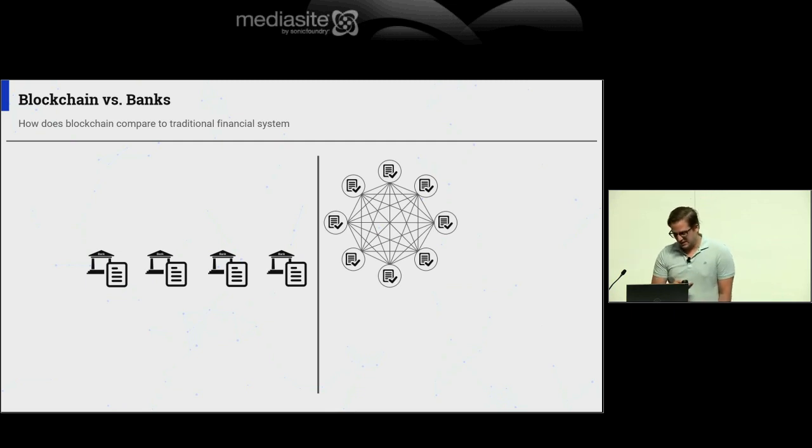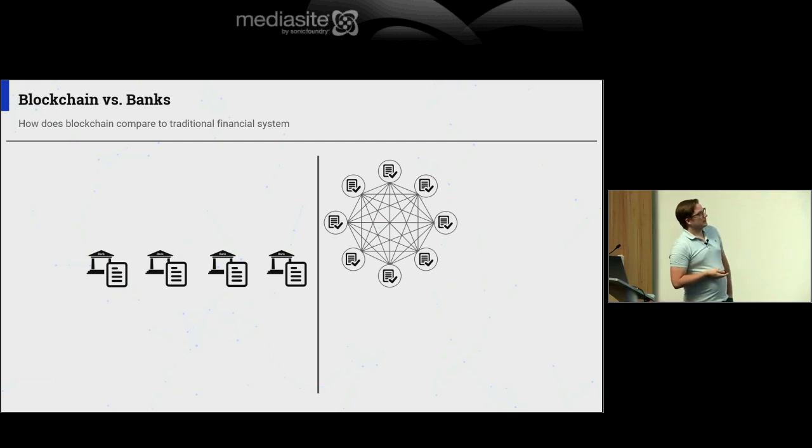But let's look at banks versus blockchain. Blockchain is a shared, peer-to-peer digital ledger where we have nodes, and those nodes can check the ledger against a consensus mechanism. In the traditional banking system, we have institutions that have siloed databases that hold credits and debits and accounts. 95% of money today is represented digitally. It's not in any sort of physical form, such as cash. So these two things are pretty analogous.